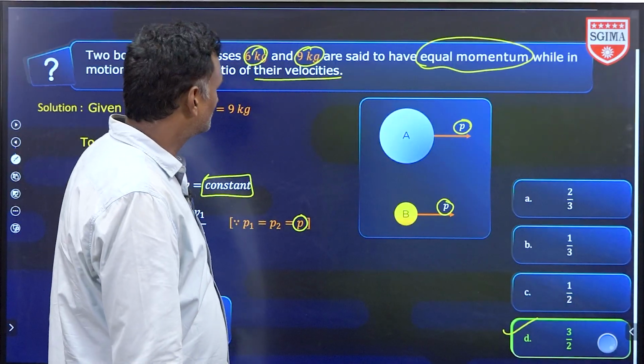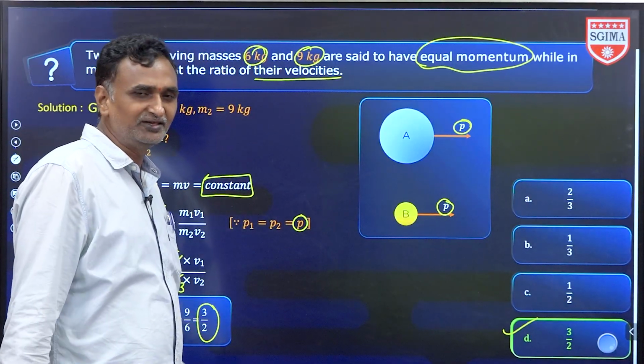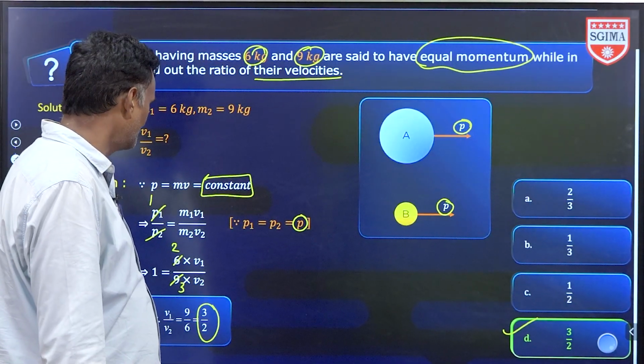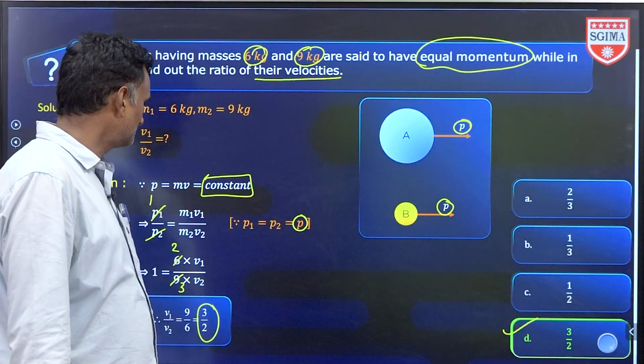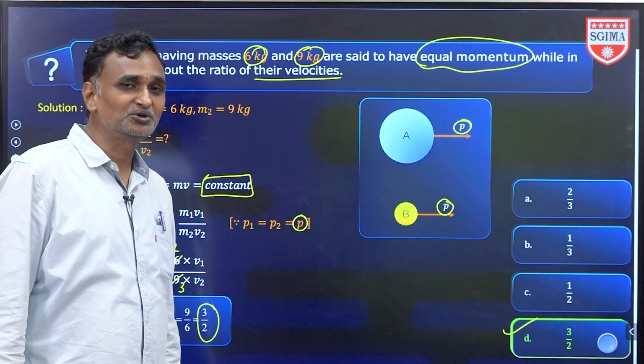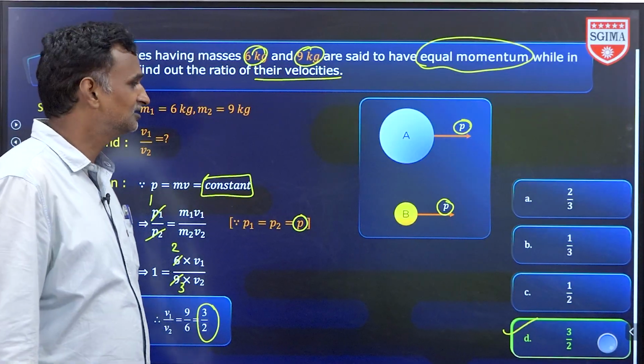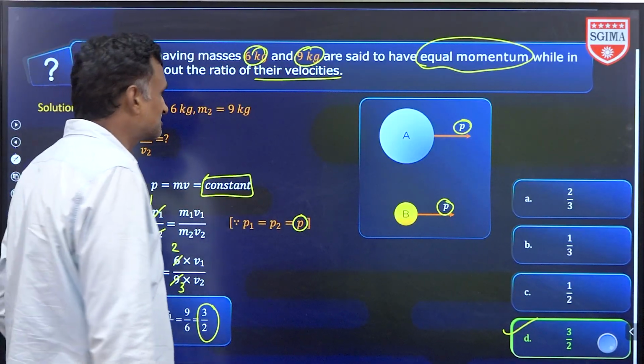Okay. So if the momentum is the same, generally we can say momentum is the same in this case, then V1 by V2 equals what? We can get the inverse ratio of the masses. Okay? This is a very important point. Next after this one,